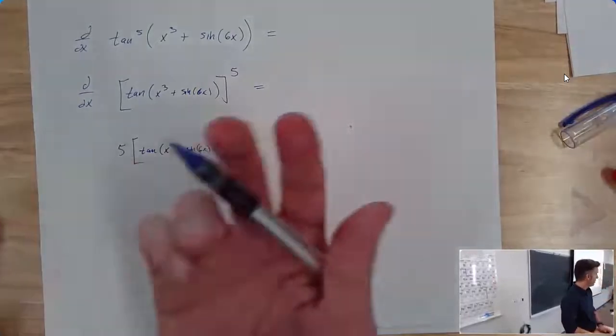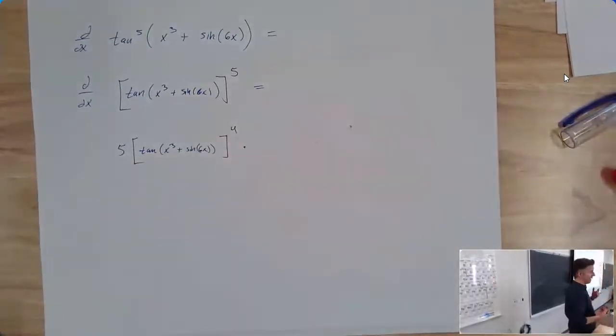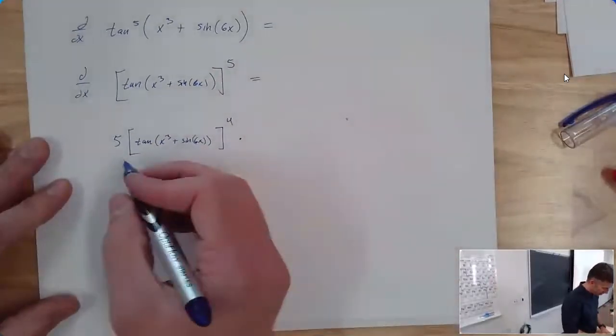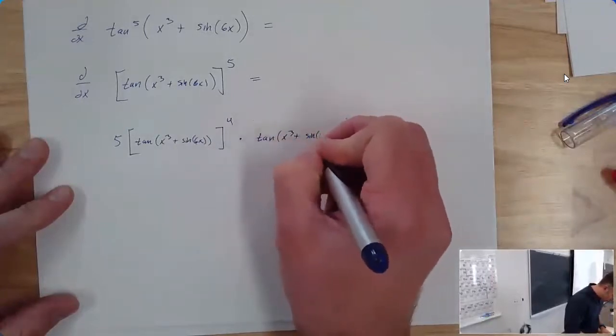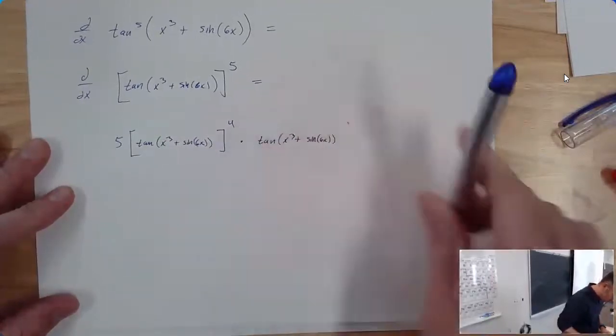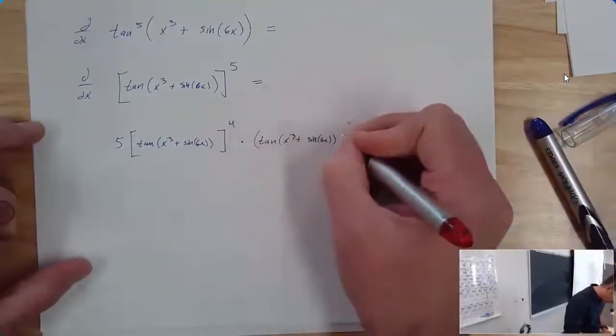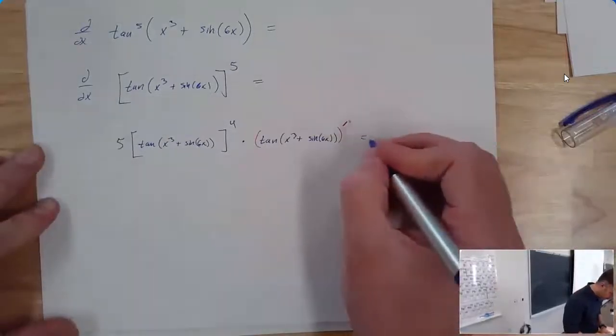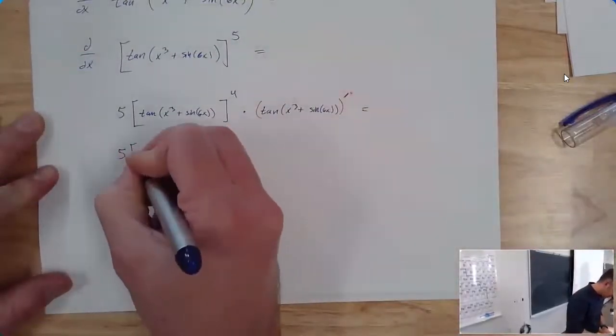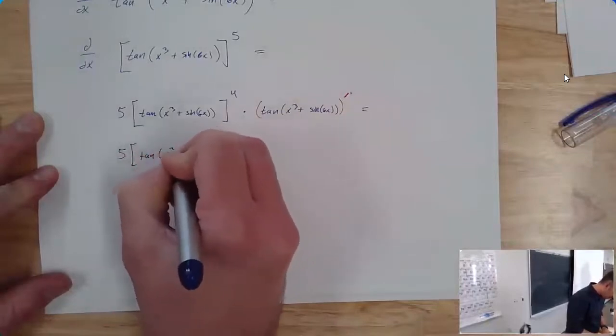Times the derivative of the stuff. Now, some people like to actually, but I don't like writing all these steps, but I'm going to just to kind of show you. So then we're going to multiply by the derivative of tangent of x cubed plus sine of 6x. The derivative of that. Okay, so now we have to do the derivative of that. So we're going to get, we still have 5 times tangent of x cubed plus sine of 6x